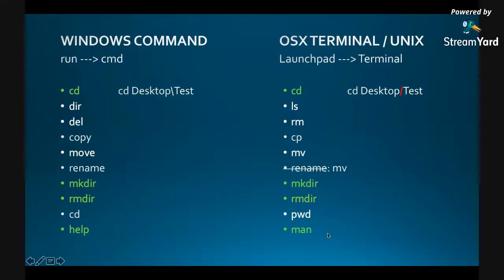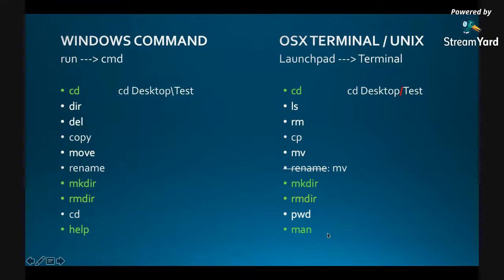So in order to enter a folder which is inside another folder, for example, a folder named test, which is on the desktop, you have to type cd, then a space, then desktop, then a slash, and then test. But be careful here with the slash, because as you can see from the slide, on Windows you have to use the backslash between folder names, whereas on Unix the forward slash, so be careful. And also when you are inside the folder and you want to go up from the current folder to its parent folder, you have to type 2 dots. So from test, by typing cd .. you go back to desktop.